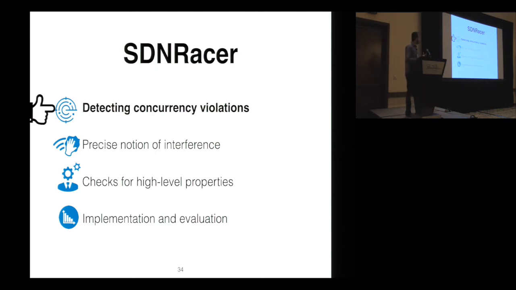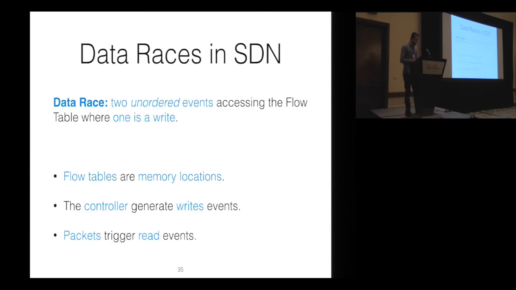We report only the violations that actually are harmful for the network. Like the reports of these races, properties, and violation and packet coherence. We show what really we